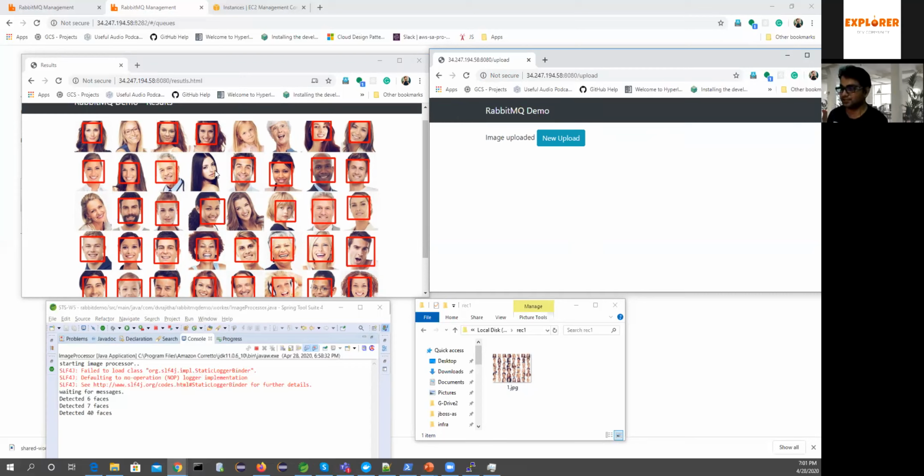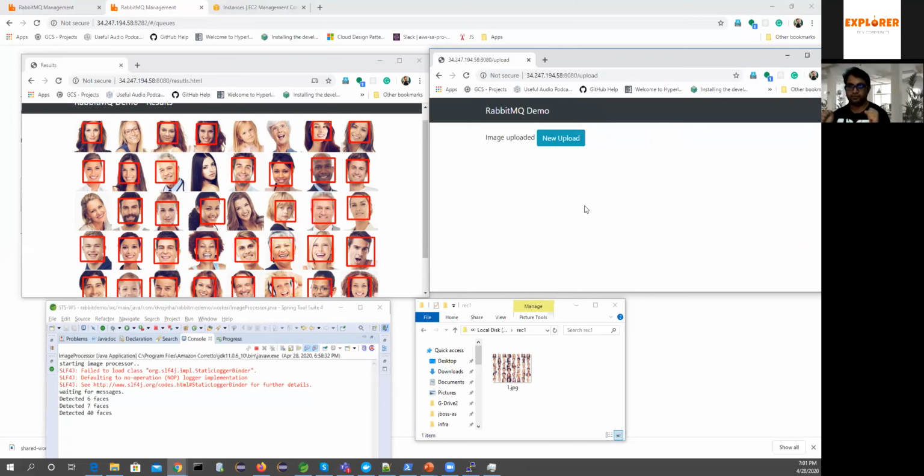Once we go with this kind of solution, what we can do is have a new implementation which subscribes to the same queue that this application is sending to. In the meantime, we can have these two processing applications. First we can connect the new implementation and test it locally, even without users knowing, and then we can switch to the new image processor. That flexibility is there when we go with this kind of loose coupling.